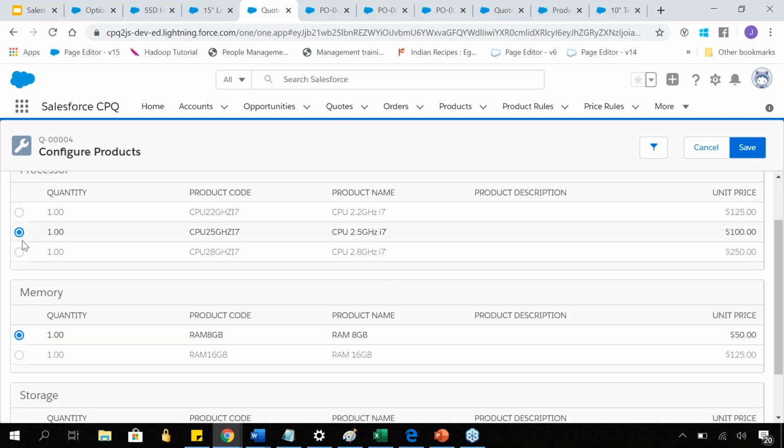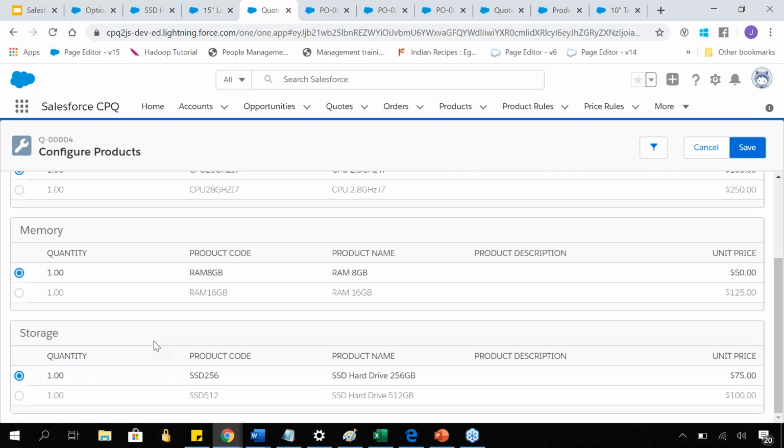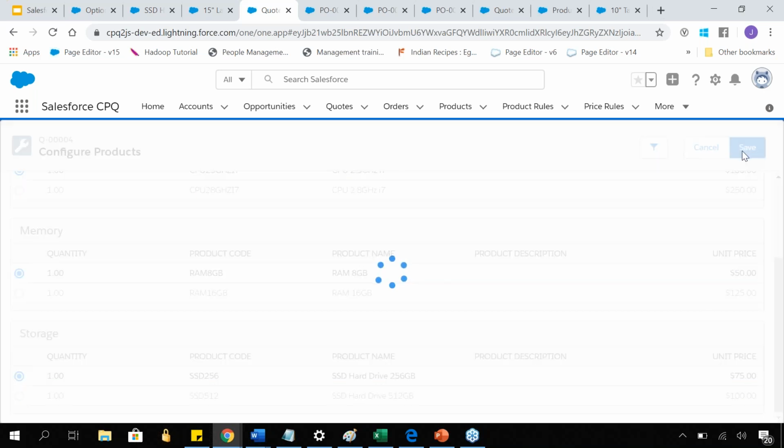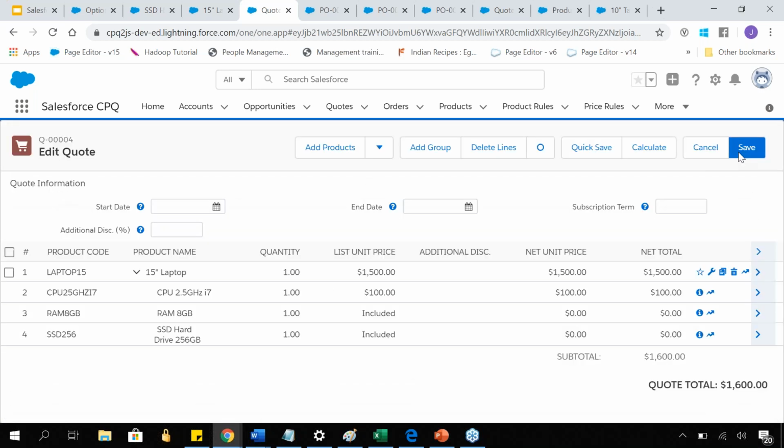So I'm selecting 2.5 gigahertz processor, 8 GB RAM, and 512 GB or 256 GB hard drive. Okay. Save this. Okay. So this is the bundle, right? Now, if you look at it,